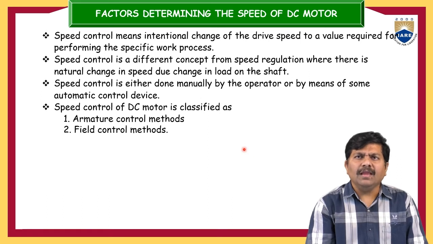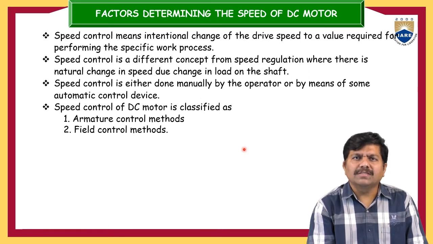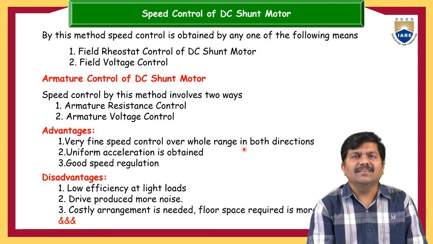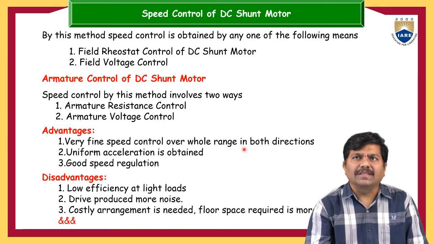Similarly, in the field control method, there are some rheostats with various studs on them. That is nothing but variable contacts. So, if the contacts keep changing, proportional to that, the field resistance will also change. If the field resistance changes, the field current also changes. If the field current changes, automatically the field flux will change. So, like this, we are going to control the speed of the DC motor in the field control method.